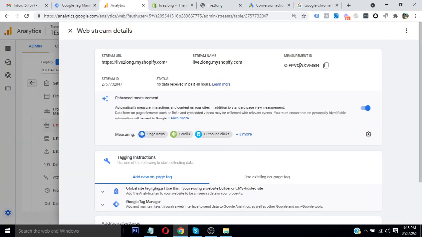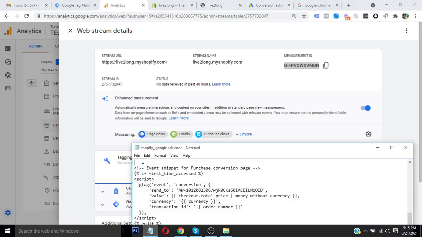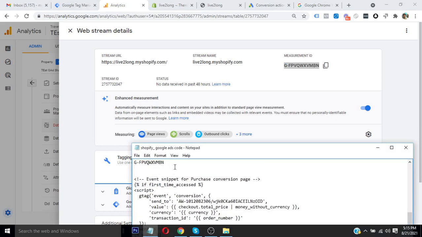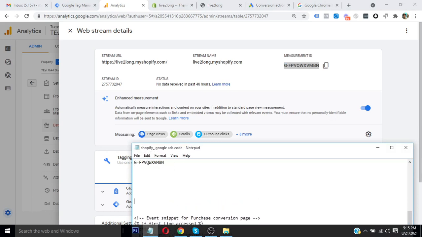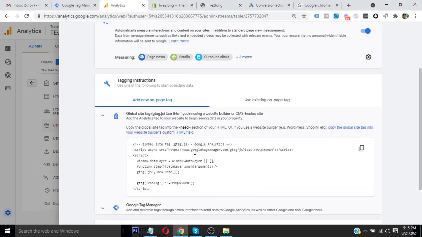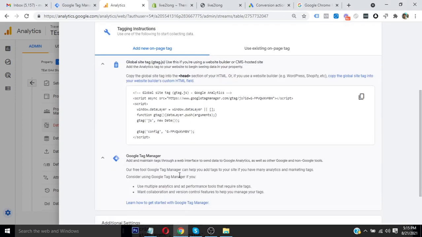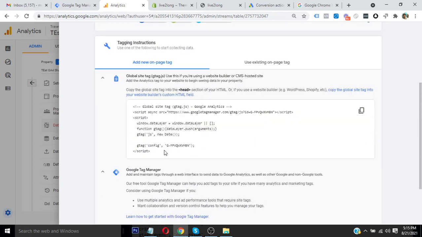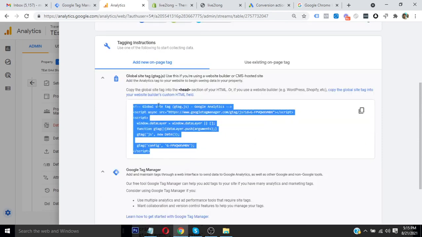So we will get our measurement ID in a new pop-up. We can copy this, keep it in our notepad, and verify later whether it has been installed properly or not. We need to scroll a bit, and from here we can see the two options of installation. One is directly embedding it, another one is from Google Tag Manager. So we will first embed this directly on the website.